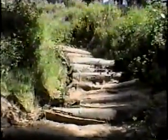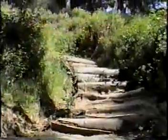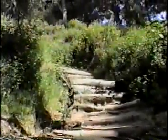Is the only way down from the bluff I was just on is down this very steep